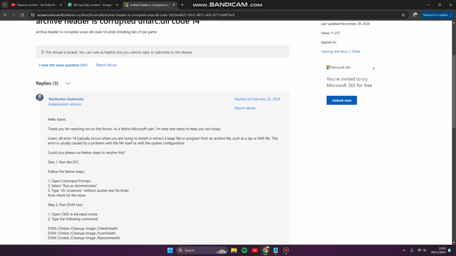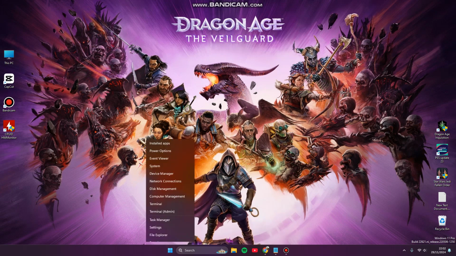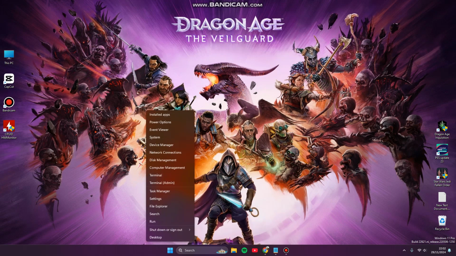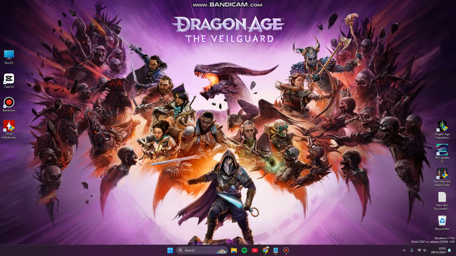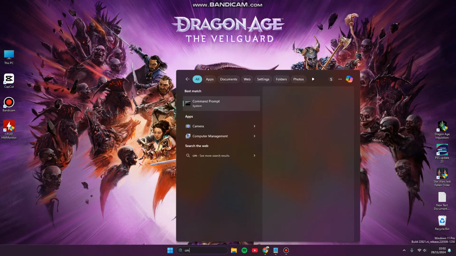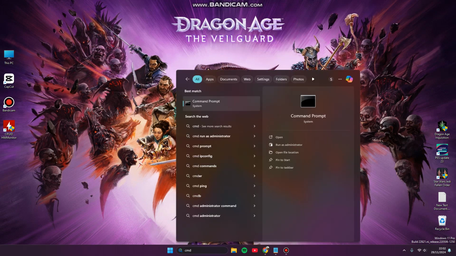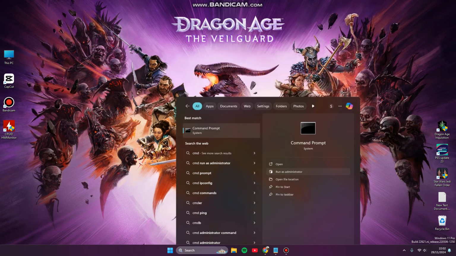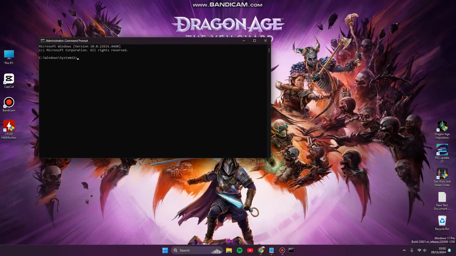So here, for unarc.dll error code 14, for example, you can run the SFC. You can copy this text, sfc /scannow, and paste it into the command prompt or CMD. Here you can search for CMD, type CMD in your search. This is the command prompt, run as administrator, click yes,